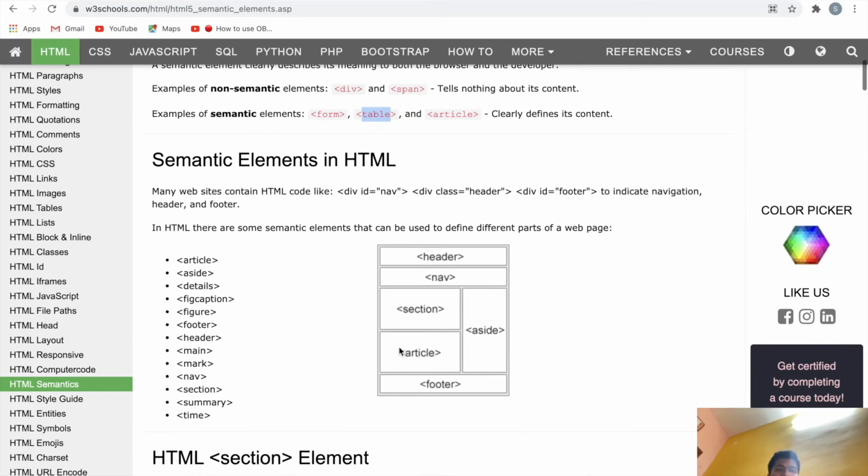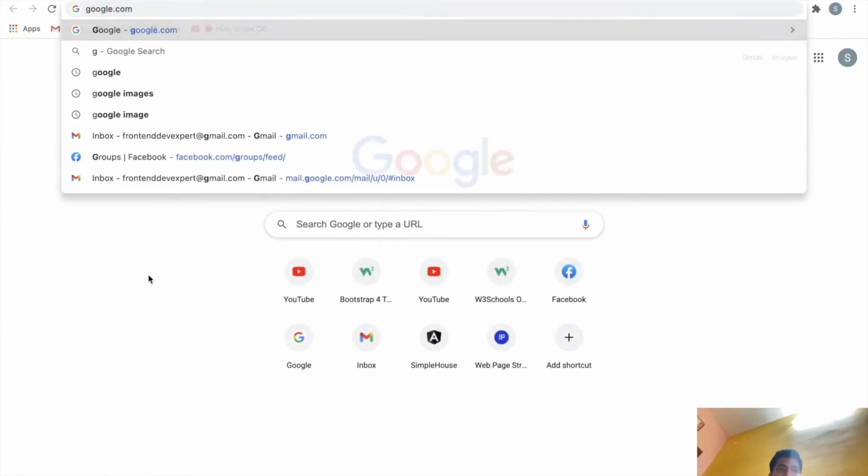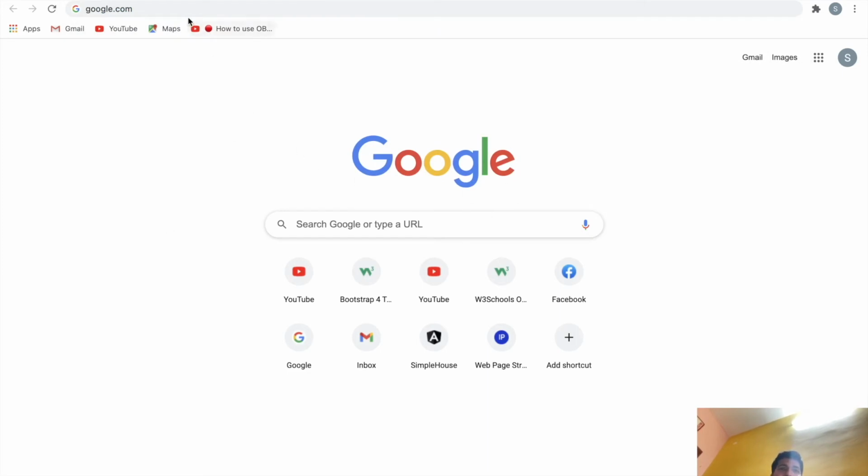Most of the elements we will use like this. Let's say header. Let's go to Google. Now these are the links. Where will we keep links?